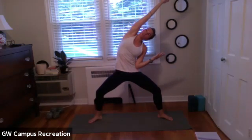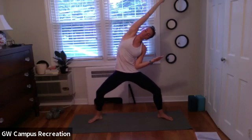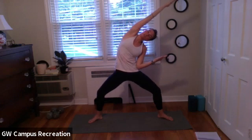Inhale through center. Exhale, left elbow into waist, reaching over with the right arm, finding length before you take it over. Inhale through center, arms up, right elbow in, exhale, side bend. Keep those glutes on, anchoring the tailbone down. Inhale, arms up, last time here. Left elbow into the waist, exhale,